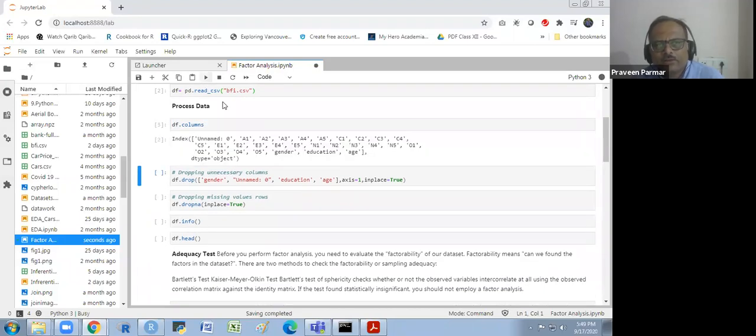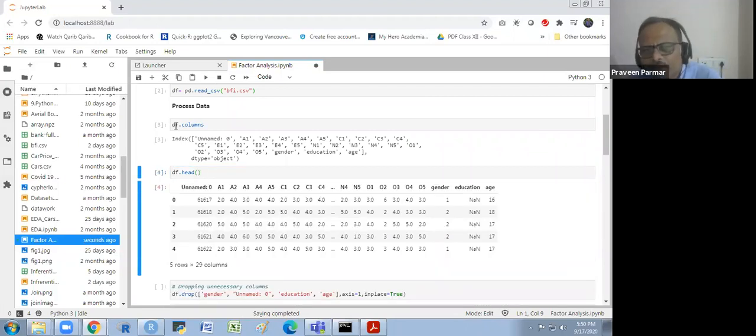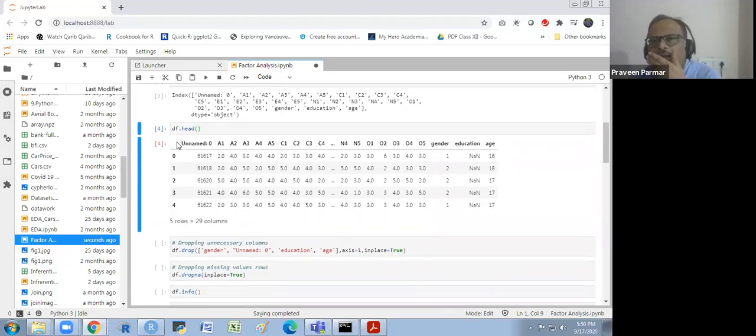What are the columns here? You see the column names Unnamed: 0, A1, A2, A3. We could also see the head of this. So df.head, and we get the top 5 observations here. Looking at this, Unnamed: 0 is not useful for me.